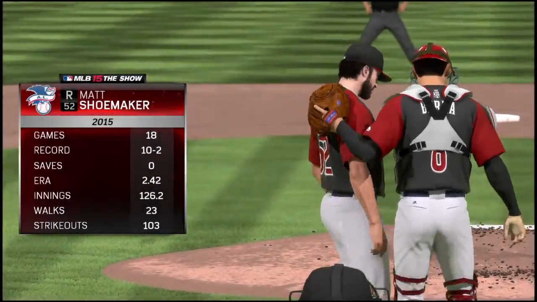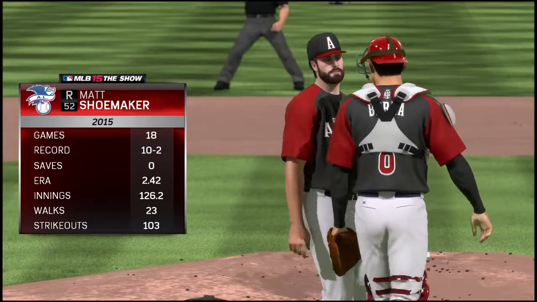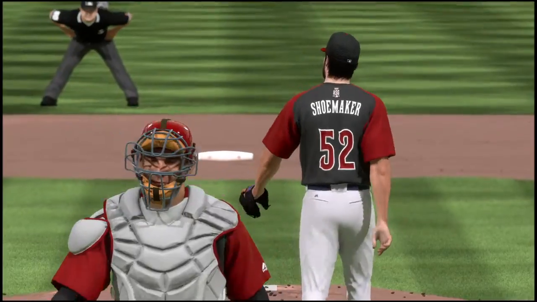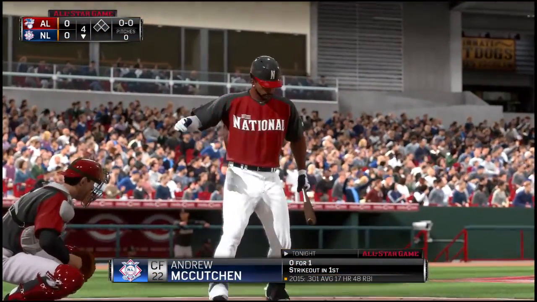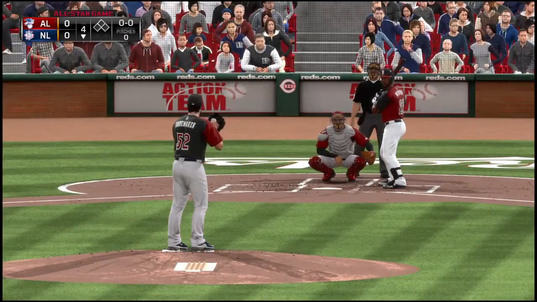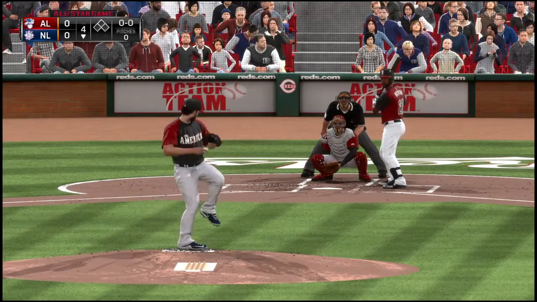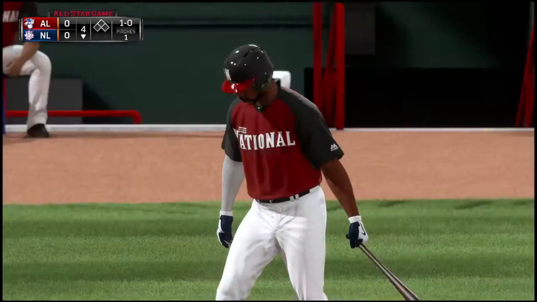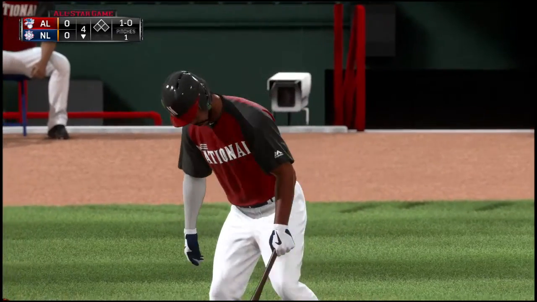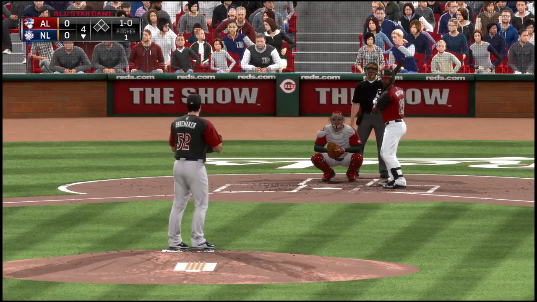Matt Shoemaker is on, and he'll take over on the mound. Number 52, Matt Shoemaker. Andrew McCutchen will stand in here. He was set down on strikes to start the home first. Center fielder, Andrew McCutchen. A splitter, but he started it too low as it bounces up to the plate. And if he can get himself into a fastball count, don't be surprised if he has a big cut at something. Maybe try and break this tie ball game.